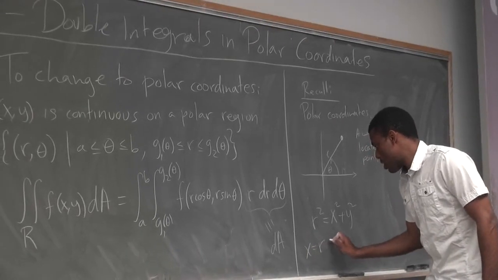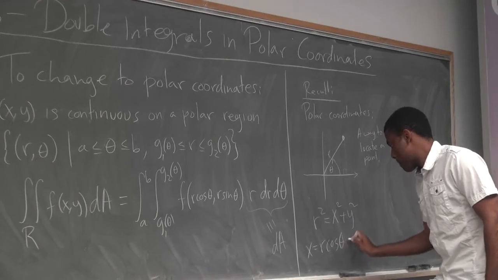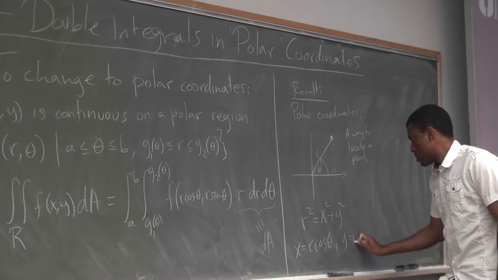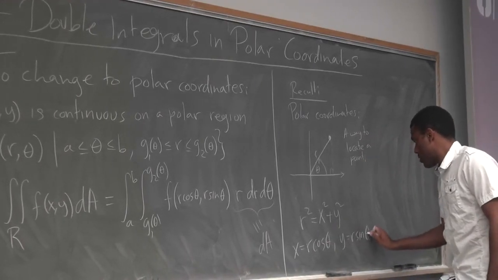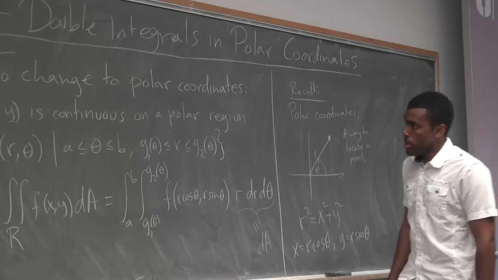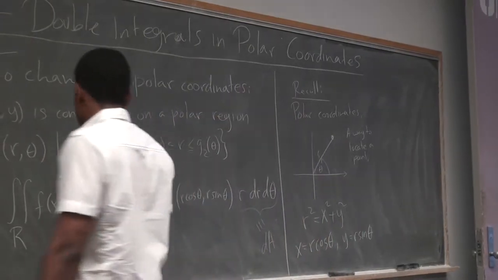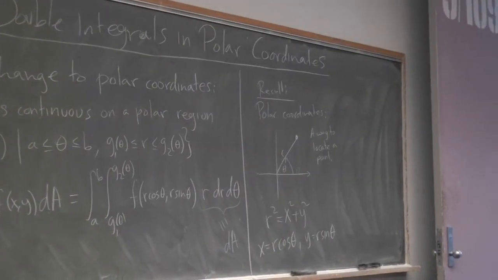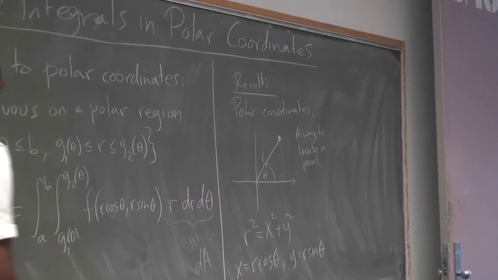So x is equal to r cosine theta. y is equal to r sine theta. So that was polar coordinates. And we can basically derive the differential area. Now, when I say a region is polar,